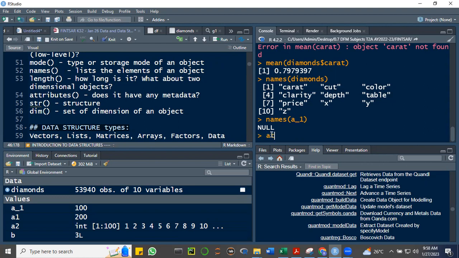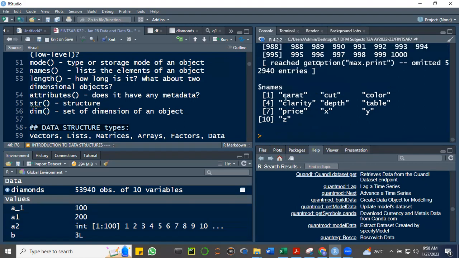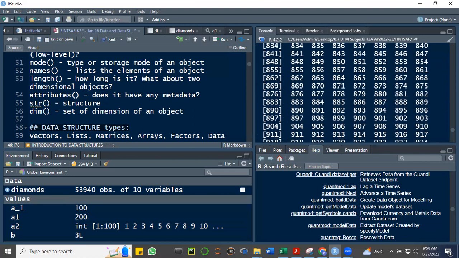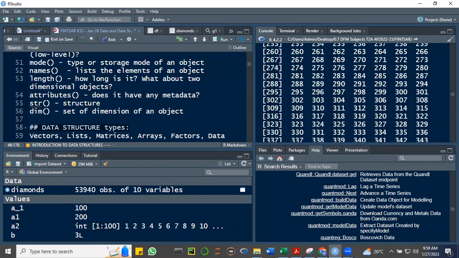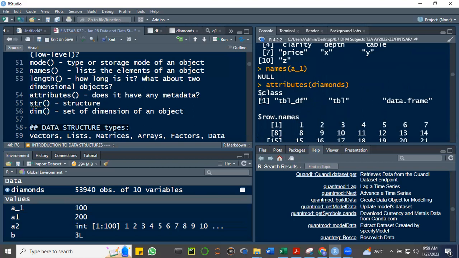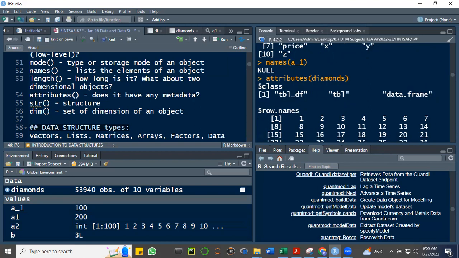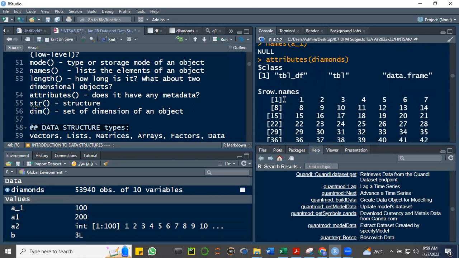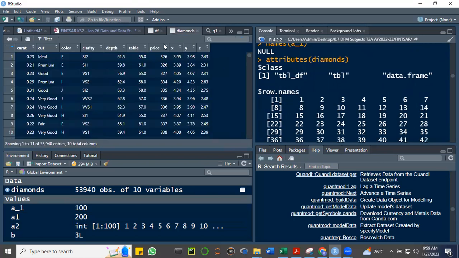Okay, so some other things here. How about attributes? What does this give us? Attributes, say diamonds. In this case, it just gives us the names. Let's see. So the attributes give us, number one, the class. So it's a table data frame. And then it also gives us the row names. The row names are just the index, because if you take a look at diamonds, it